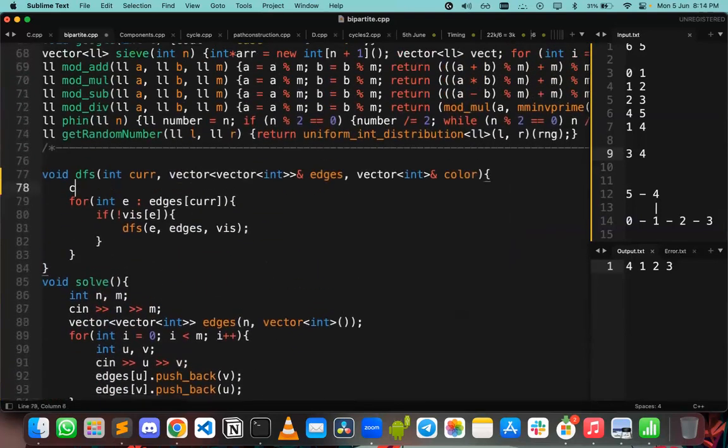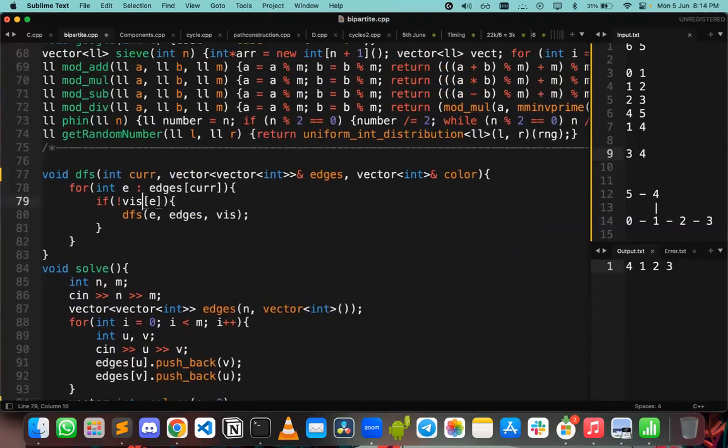So it's not required. If not visited, if color of E equals 0, then you do a DFS. Else,